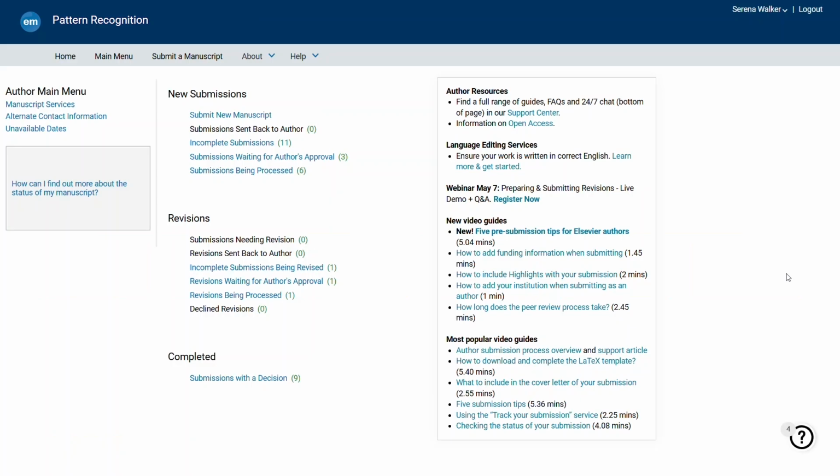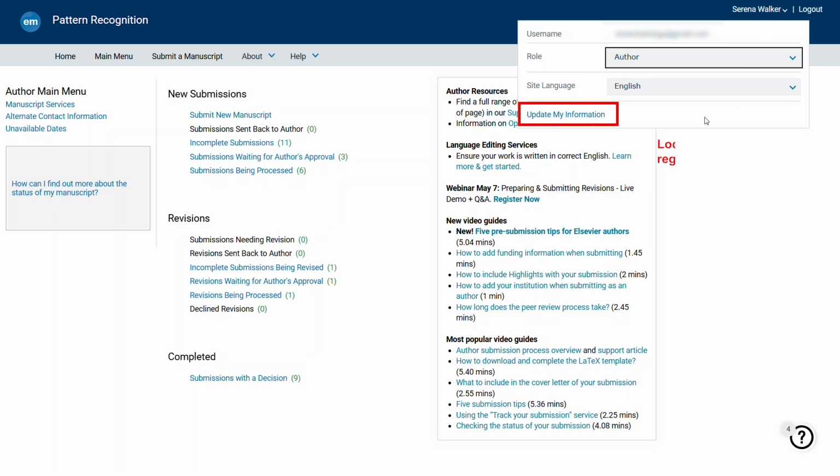Please note, to successfully use this feature, your Elsevier account email address must match the email address registered on the journal you are accessing through Editorial Manager. If you have not already registered on the journal, you will be prompted to follow instructions on screen. The Elsevier account login method may not yet be available for all journals at this time. If you do not wish to use this sign-on method, you can continue to log in with your usual Editorial Manager username and password.